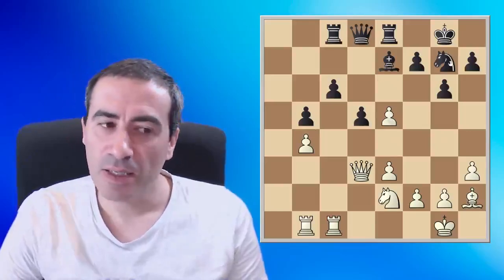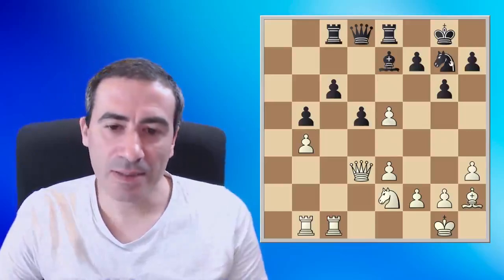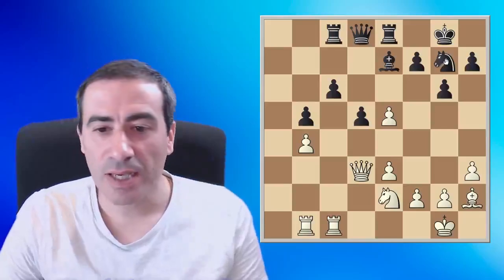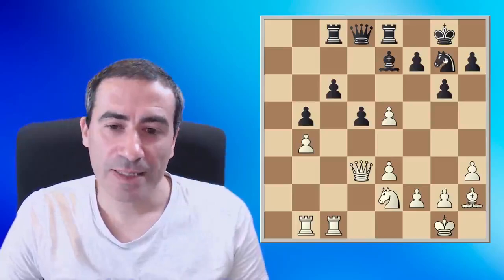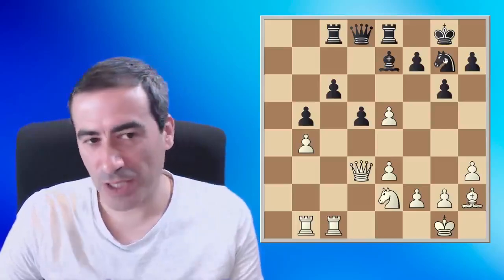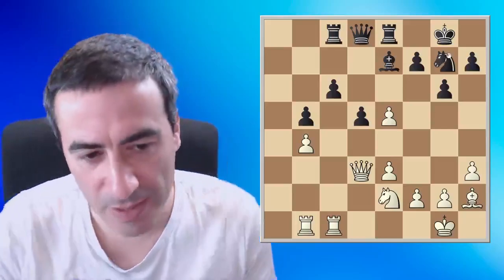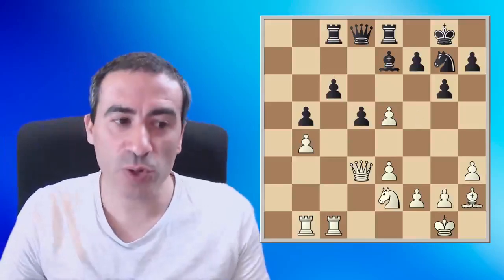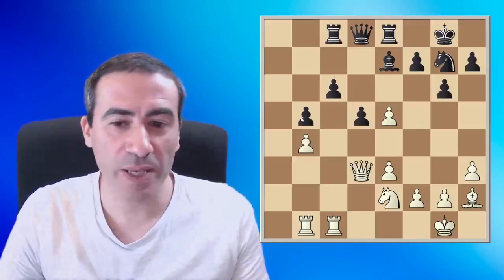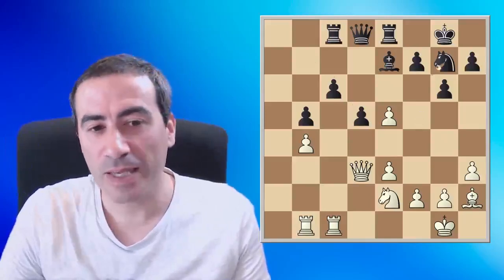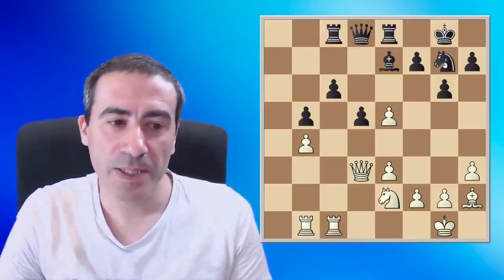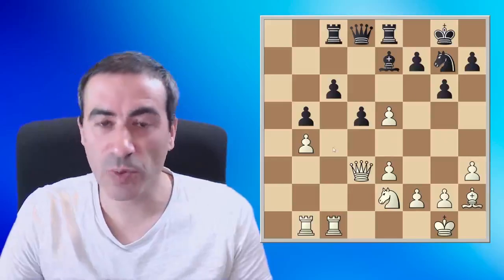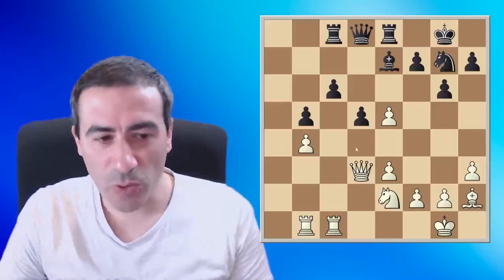Kramnik, the difference is the quality of the knight for black. I mean, knight g7 has nothing to do on the king side, and if you play knight g7, you try to trade pieces with bishop f5, it's a good idea, but you shouldn't play also b5, because b5 is playing on the other side of the board, and the knight cannot participate. So here we see clearly that knight g7 will never reach the square c4, and that's why also d5 is